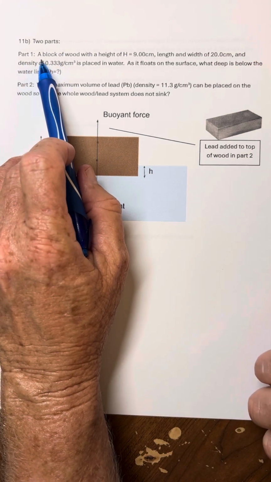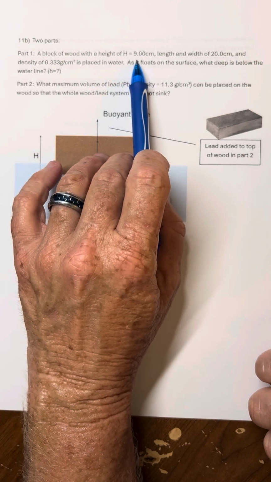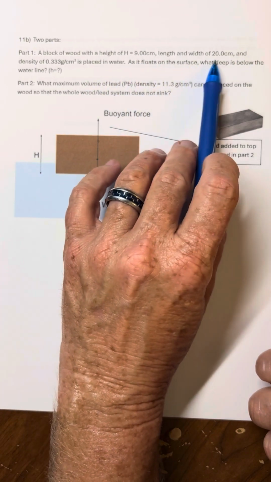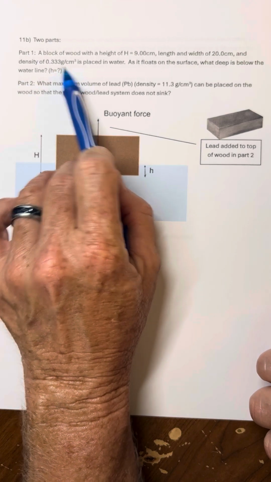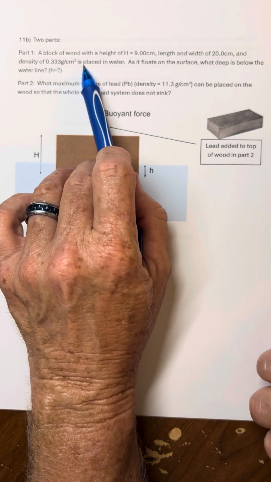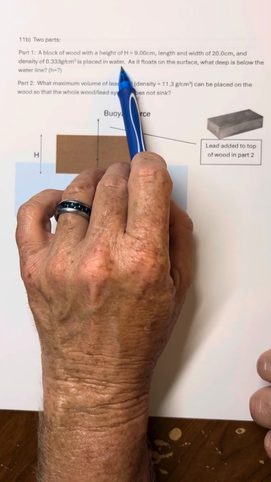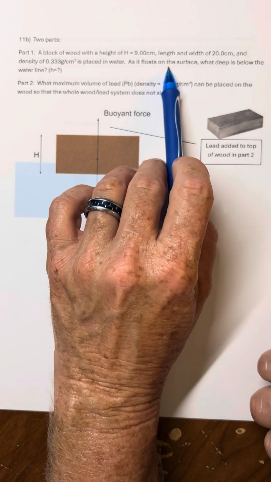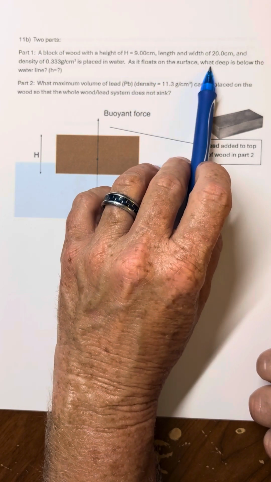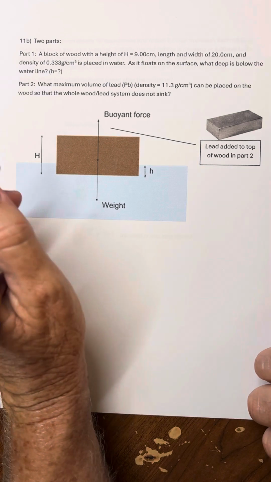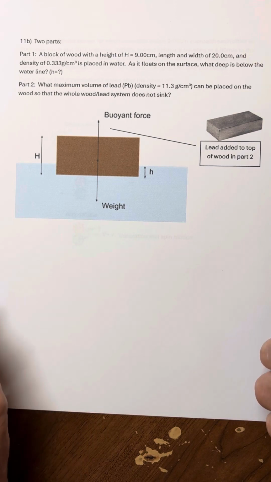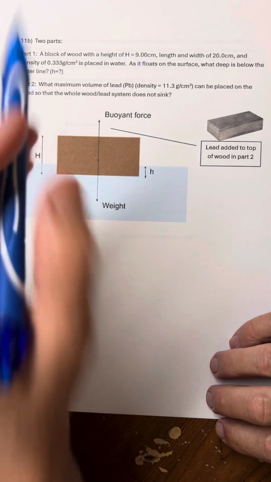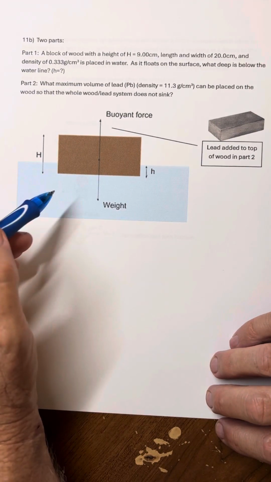Part 1, a block of wood that has height of 9 centimeters, length and width of 20 centimeters, and a density of 0.333, that's about a third, is placed in water. As it floats on the surface, what depth is below? Okay, so this is our straightforward problem. I think 2 is going to get a little harder on us. But if it's just floating, and so it's kind of what this picture is,